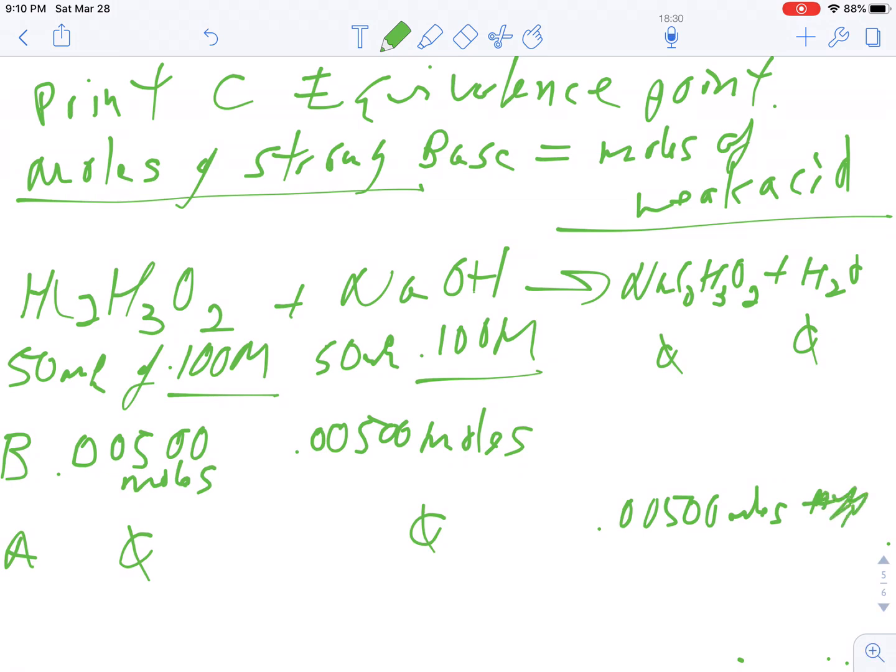Okay? So now, at point C, this becomes a problem like we did in chapter 14. All we have is salt. That's all we have in there is a salt, nothing else. All the acid has reacted. There is no more acid. All the base reacted. There is no more base. All you have is a salt in water. And as we remember from chapter 14, salts will either make your solution acidic, basic, or neutral. Now, this salt is going to